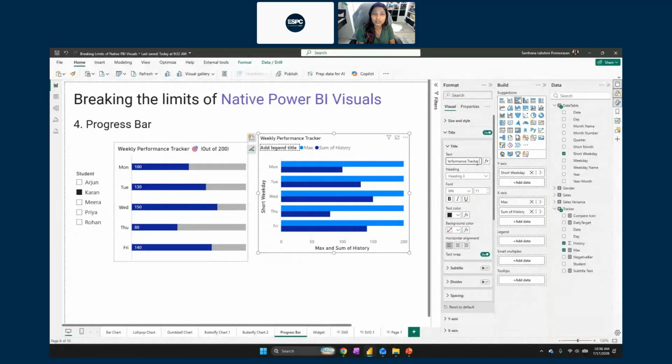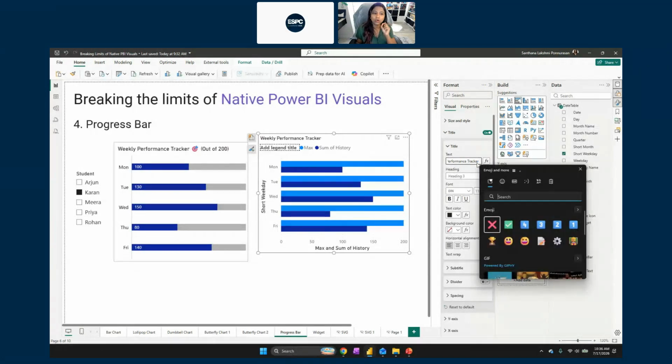Or if you are a Windows user, you have an inbuilt emoji pane in Windows. The way you activate that is, you have this Windows icon on your keyboard. Click on that and click the period or the full stop. Repeating it again, to open the emoji pane like this, all you have to do is click the Windows button and the period or the full stop button. That will open up something like this.